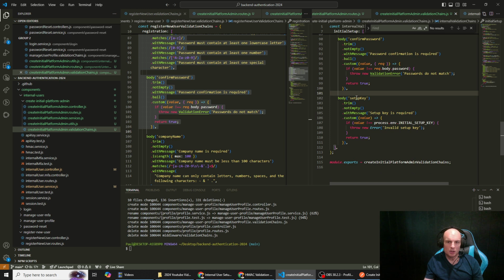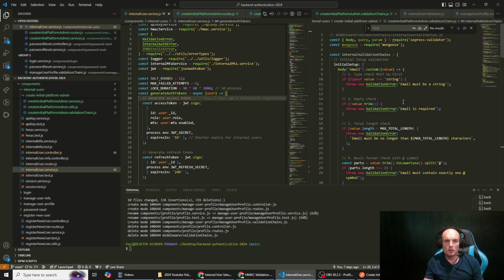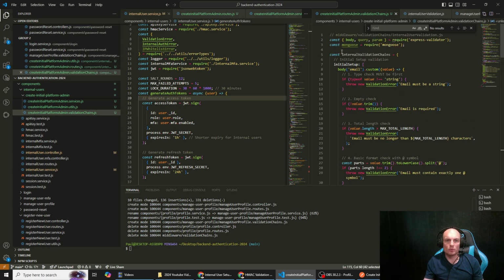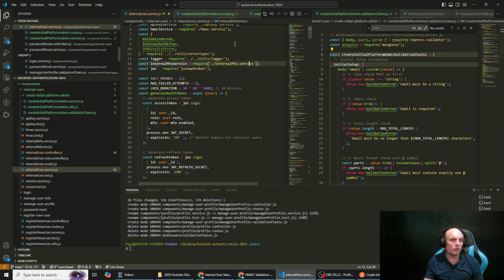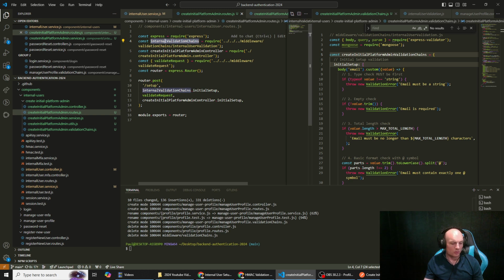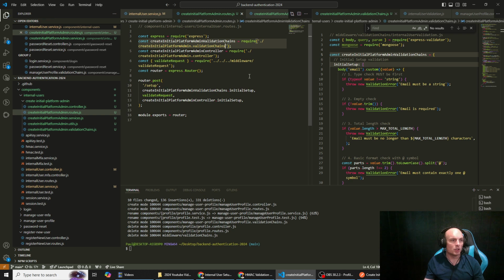save, and then setup key, we've got to check that environment variable, so let me just check that. Initial setup key, yep, we have that defined, so come back over here. All right, so then I'm going to change this to there, save that. So then in our, this is going to be that, and this is going to come from just one up, so create initial validation chains. All right,